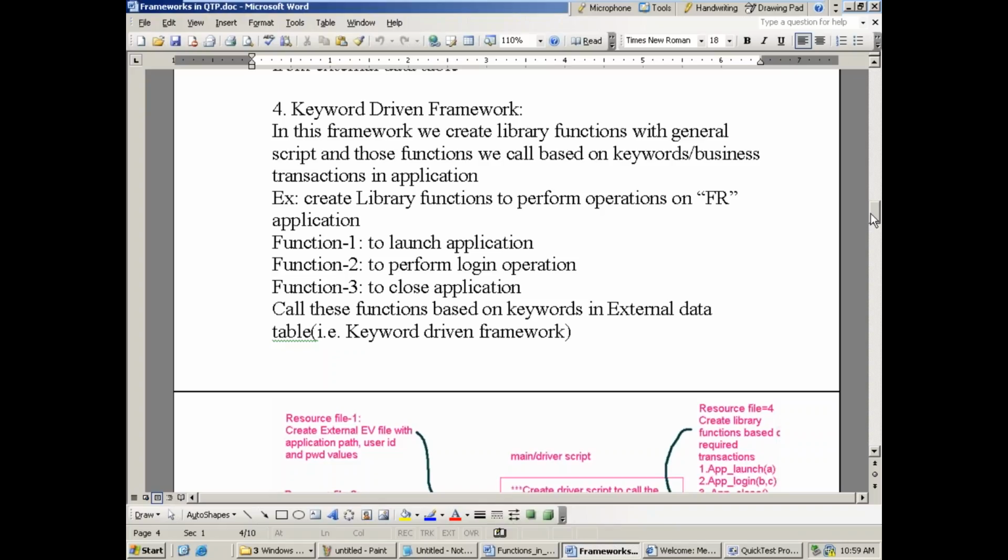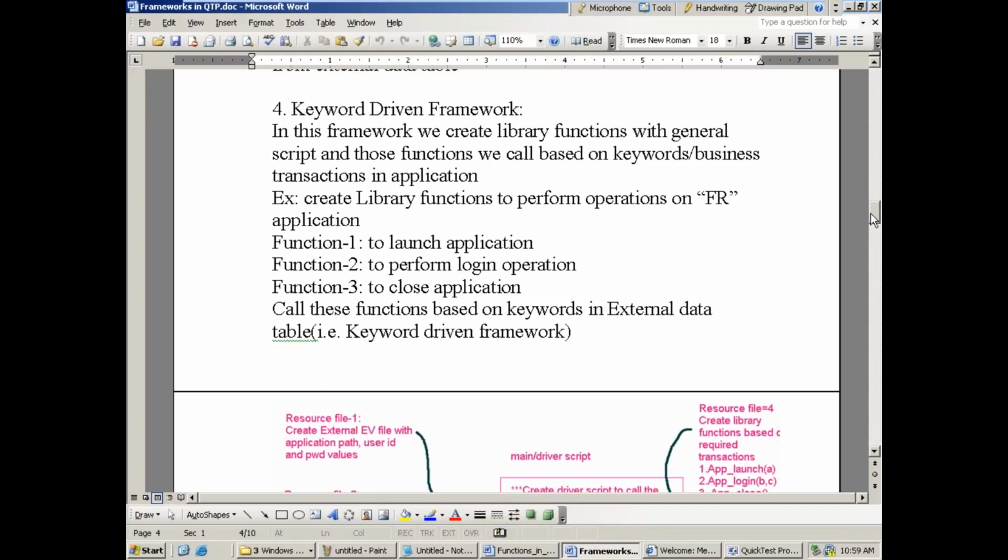Create library functions to perform operations on the flight reservation application. Three transactions are taken. Function 1 to launch the application, function 2 to perform the login operation, function 3 to close the application. Call all these three functions based on the keywords available in our external data table, one after another continuously. Like this, whatever different transactions are there in the application, for every transaction we are going to create individual functions.